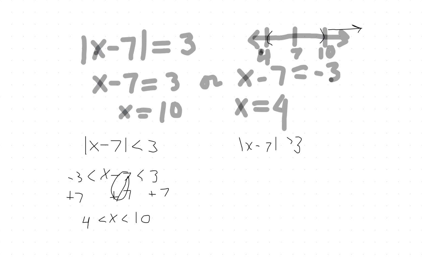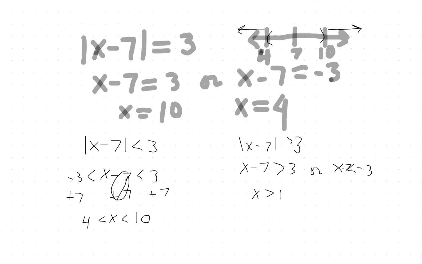The way we would set it up algebraically is we would say that x minus 7 is greater than 3, or x minus 7 is less than -3. Then solving both of those, adding 7, we have x is greater than 10,